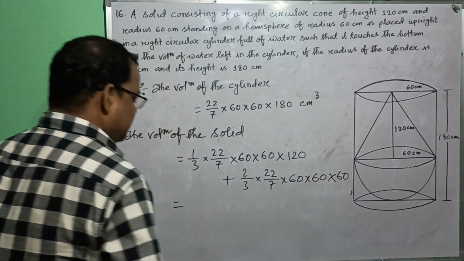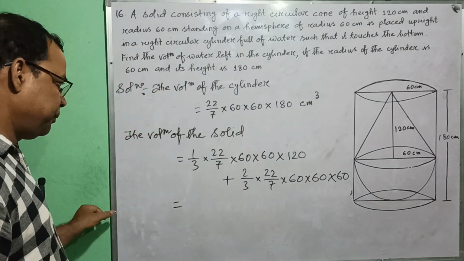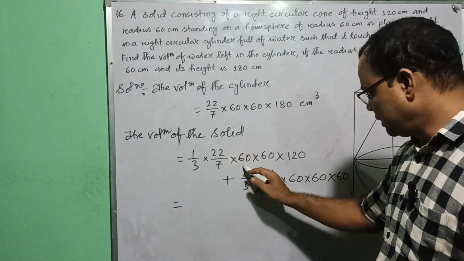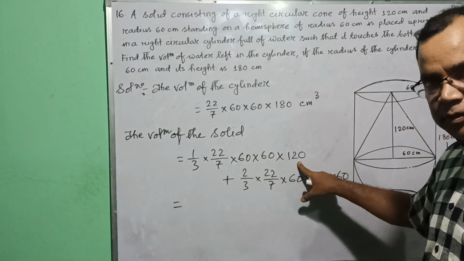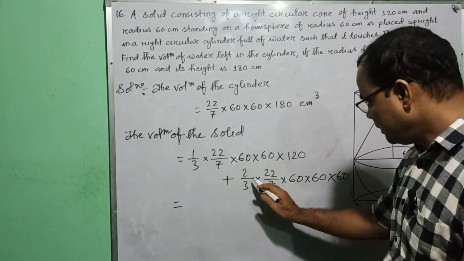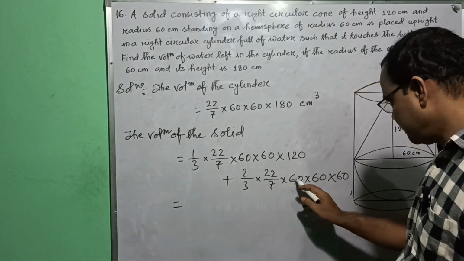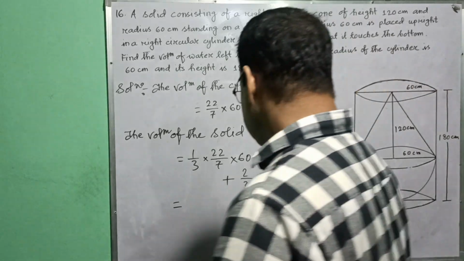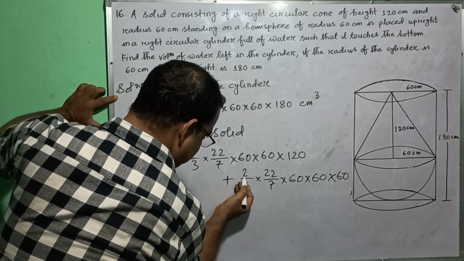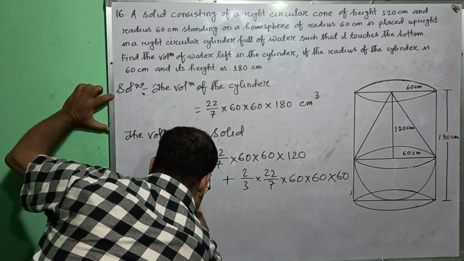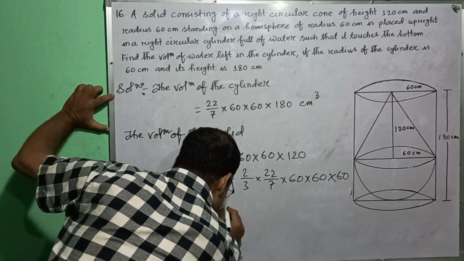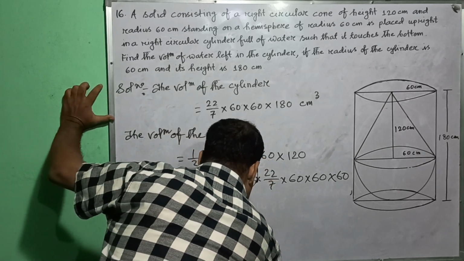Now let us simplify it. We can see here many things are common. 22 by 7 also, 60, 60. Then here also we can get 60. So if we take 60, so 2 will be left here. And here also you can see 2 by 3, 22 by 7, 60, 60 and 60 is there. So if we take common 1 by 3 also, here also 1 by 3 is there. So 2 will be left. So let us take the common 1 by 3 into 22 by 7 into 60